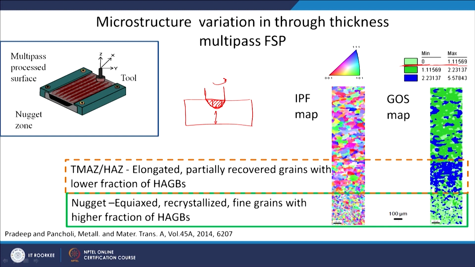Okay. So, very nicely you can see how the different microstructural regions will be there in the material because of the processing. So, if you want to process the whole sheet, of course I will extend the pin. Okay. Of course, there is a limit to that also, but for example for a 5 mm or 6 mm plate, you can easily do friction stir processing using a pin of 5 mm or 6 mm.